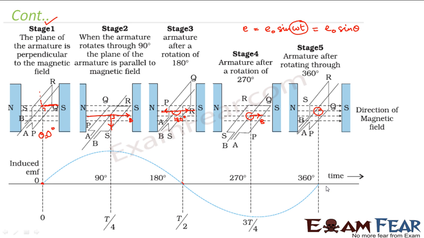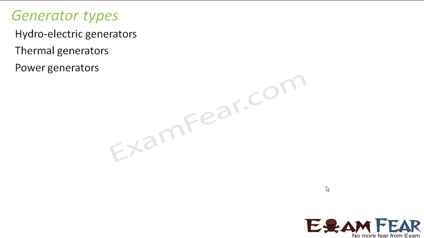That is why it is called alternating current generator, because the output it gives is an alternating current which changes itself periodically. Now as I mentioned before, depending upon the external means by which the rectangular coil in the generator is rotated, there are different names given to AC generators. There is hydroelectric generator, there is another one called thermal generator, there is another one called power generator. What do I mean by hydroelectric generator? When I talk of a hydroelectric generator, it means that hydroelectric power, that is the power due to the flowing water, is used to move the rectangular coil.